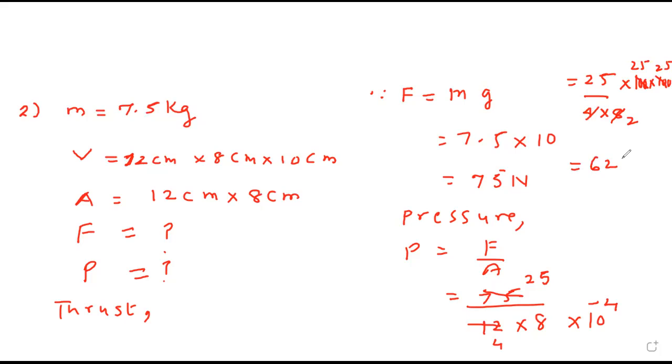4 twos are 8. 4 into 25 is 100. 25 into 25 is 625, into 25, upon 2. 625 into 25, can you multiply and tell how much it is? 25 into 5 is 125, carry 12. 25 into 2, 50 and 12 is 62, carry 6. 25 into 6, 150, carry 6, so 156 upon 2. 2 into 7, 14. Remember 1. 2 8s are 16. 2 into 1. 2 to the 4.5. This many Pascal.